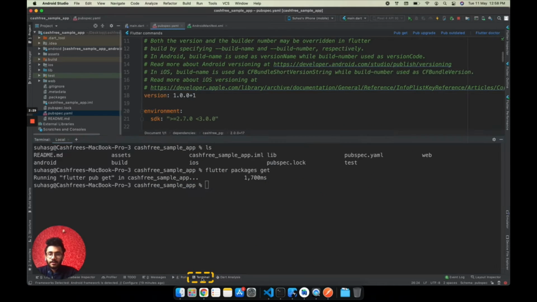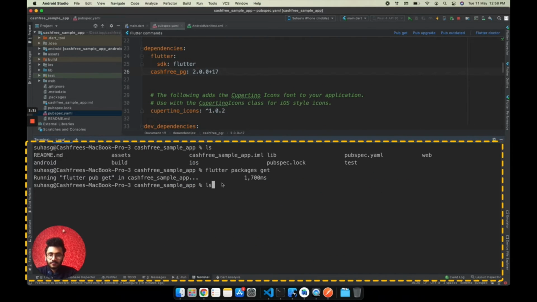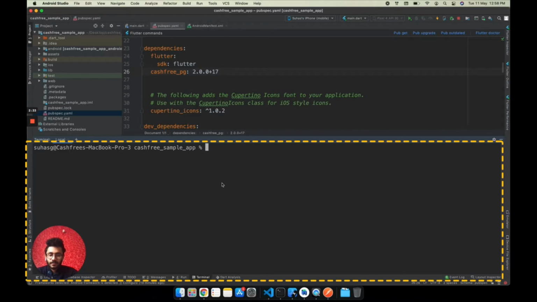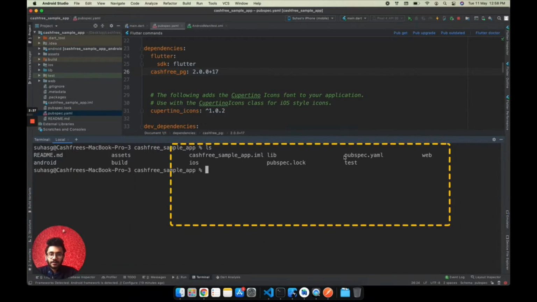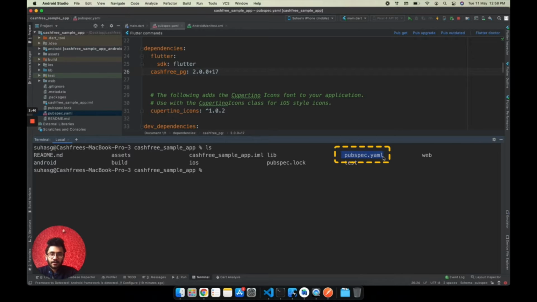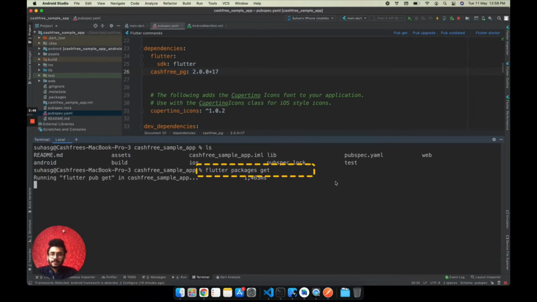Then open your terminal. Do a quick ls to ensure that you are on the same folder as that of this pubspec.yaml file. Then use this command. This will download all the dependencies into your Flutter project.